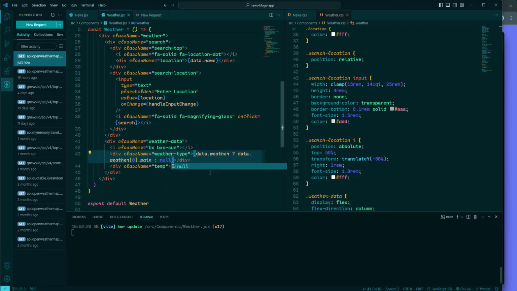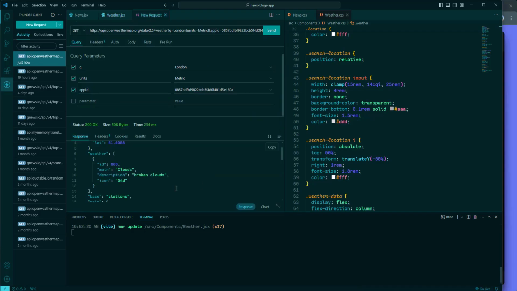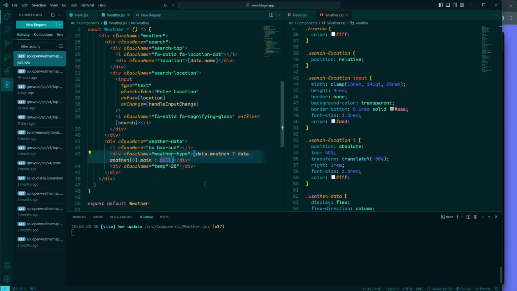So this line of code uses conditional rendering to display the weather type. We are accessing the weather property from the data state object, which is an array containing weather information. If we take a look at the response, we'll get here weather, which is an array. Then we are accessing the first object in the weather array, and then we're accessing main, which has the value clouds. So again, the data weather array contains objects, each representing different weather conditions. Data weather with index number 0, then followed by the main, gives us the main weather description, such as clear